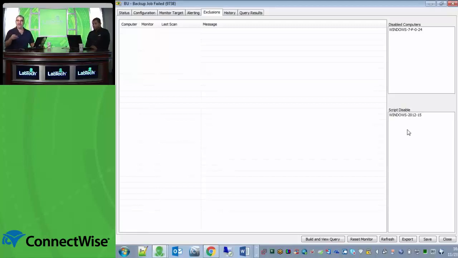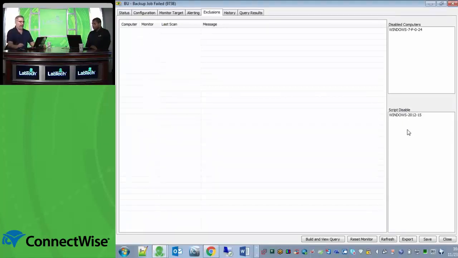But if my alert template also creates a ticket, and again, we do recommend you always create a ticket for everything that you're monitoring. Absolutely. That way I still have some notification. Okay, so I don't want the script to reboot the boss's computer, so I'm going to put their computer in script disable. But if my alert template also generates a ticket, then I still get visibility to it. I know that one of my technicians needs to schedule that with the boss or something,